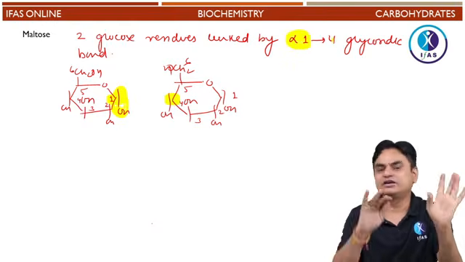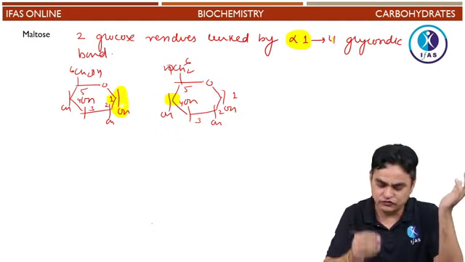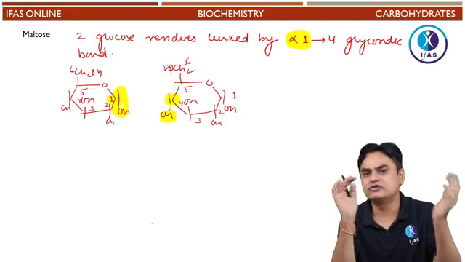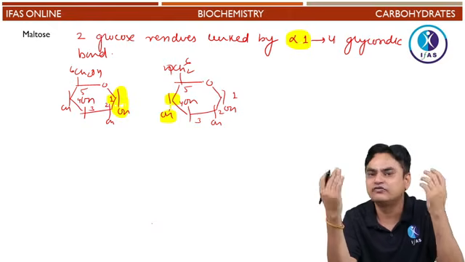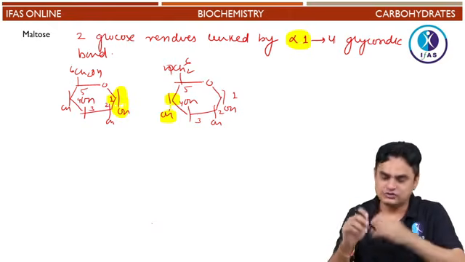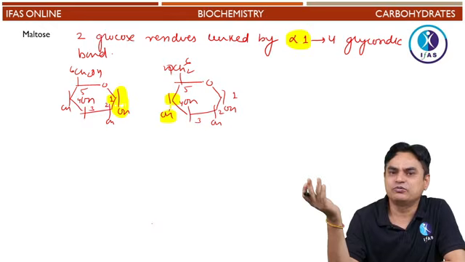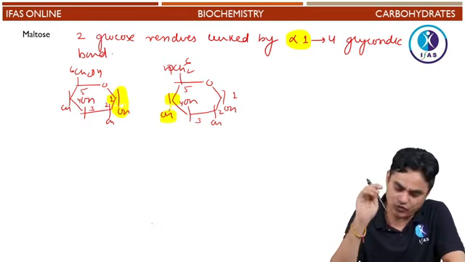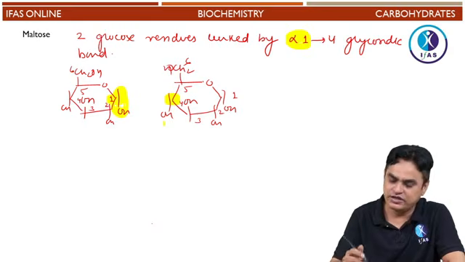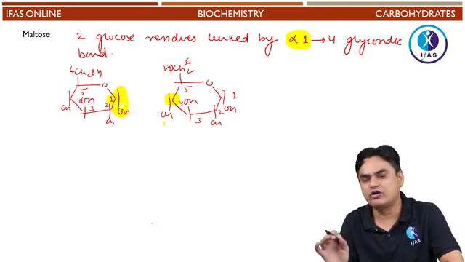In the fourth carbon, you don't have to put alpha or beta, because the fourth carbon OH group would be down the plane, because if it would have been above the plane, then it would not be a glucose, then it would be referred to as galactose. Okay, so the fourth carbon is not an anomeric carbon, so you don't have to refer to it as alpha or beta. Only when an anomeric carbon is involved, you have to put an alpha or beta.